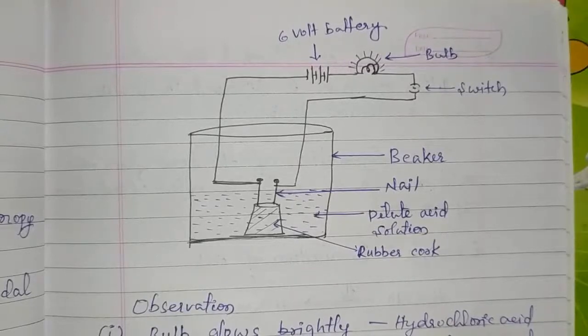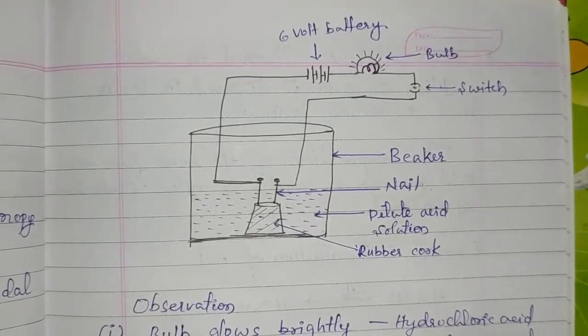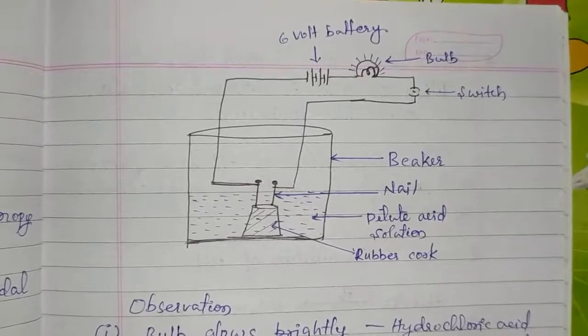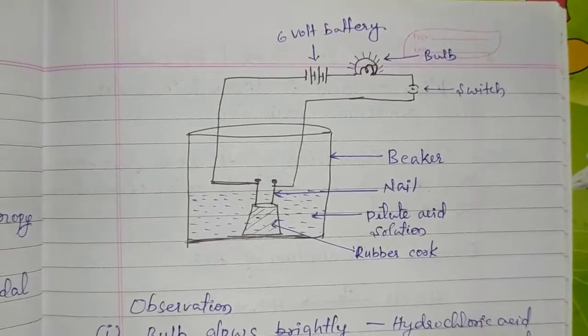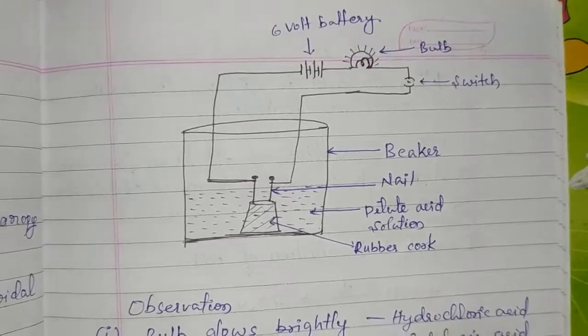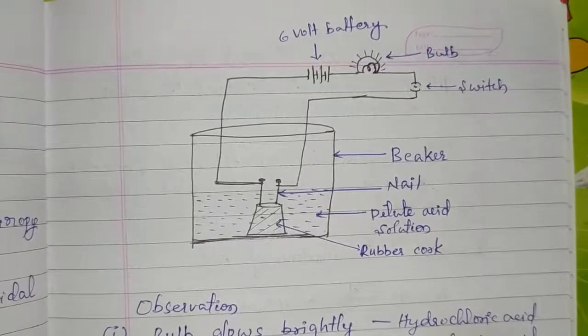Good morning, children. In the previous class, we studied the chemical properties of bases. In today's class, we are going to learn whether acids and bases conduct electricity or not. Also, we will learn what happens when acid is added to water and base is added to water. Okay, let us start with an activity.